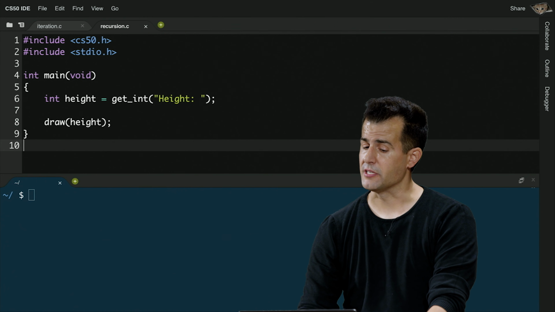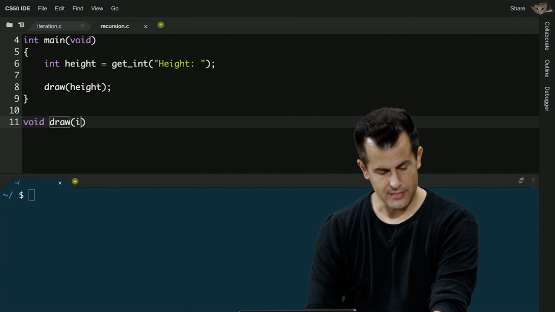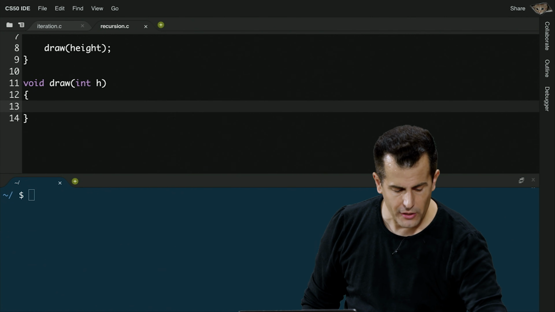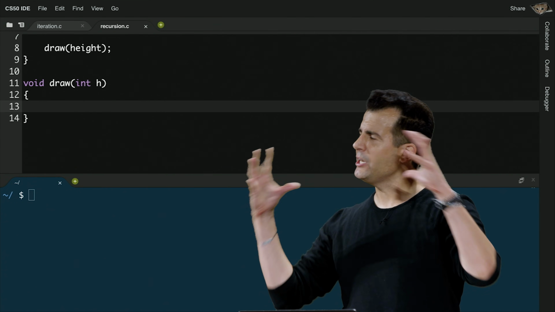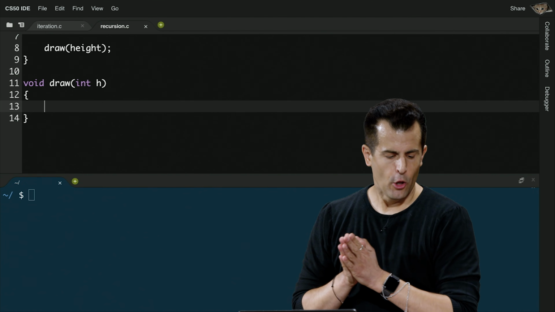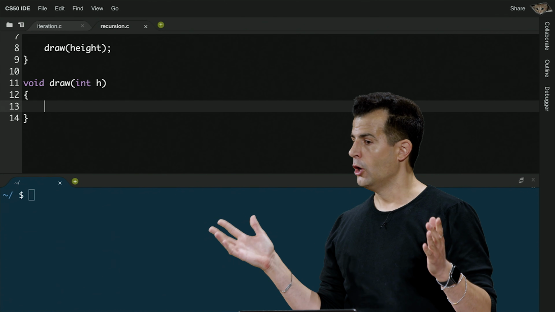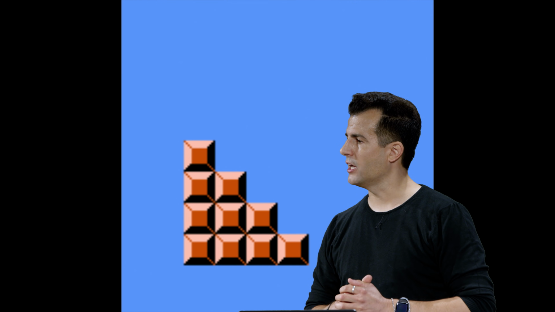And so what's going to change this time is my draw function. void draw(int h), as before. And now's where things get interesting. My goal now is not to just use nested loops, but to define a bigger pyramid in terms of a small pyramid. So suppose that the goal at hand is to draw a pyramid of size 4. What should I do first according to this definition of a pyramid? How do I draw a pyramid of size 4